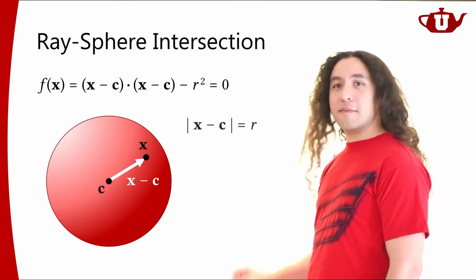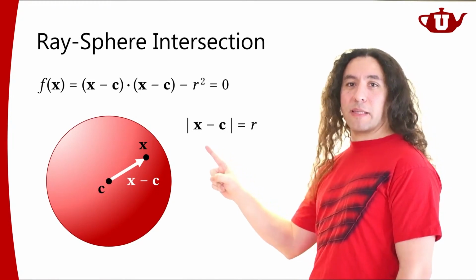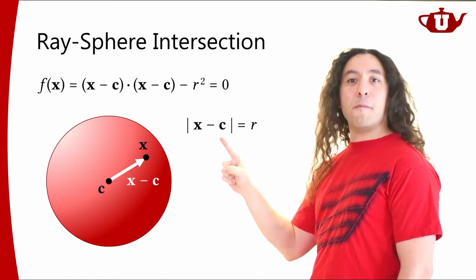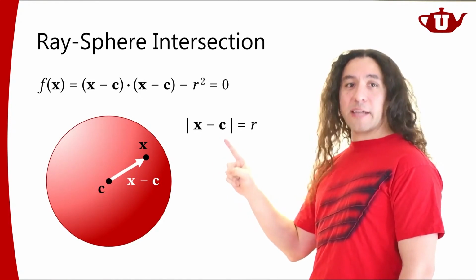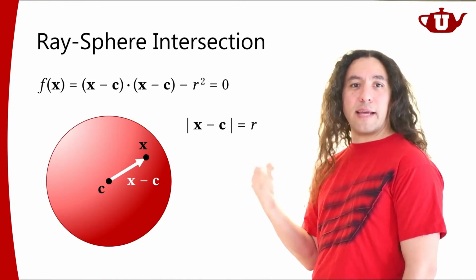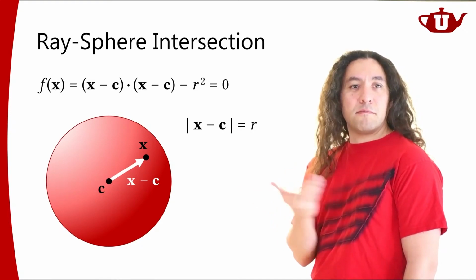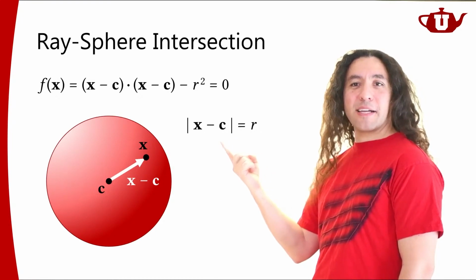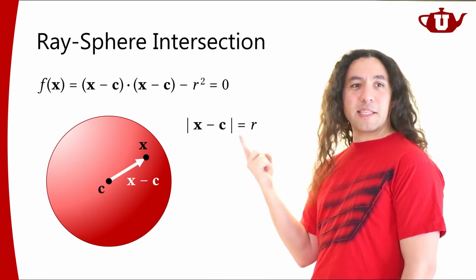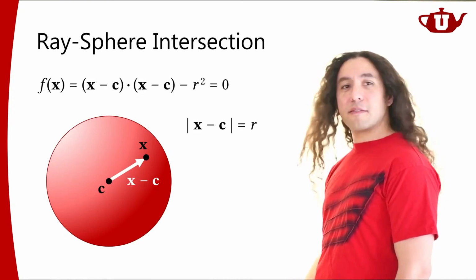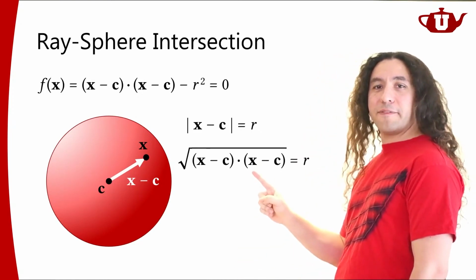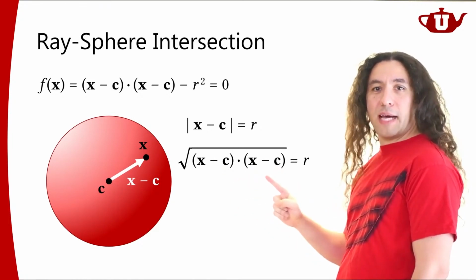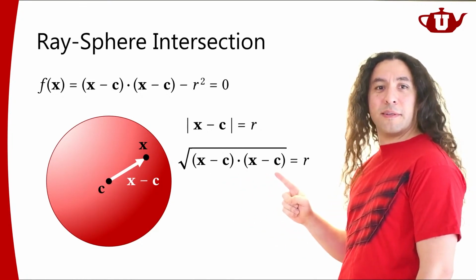So I can write a sphere like this. Whatever this vector is, x is a position on the sphere minus the origin. The length of this vector has to be a constant. That's the radius of the sphere. Simple enough? So what is this? Length of a vector, by definition, is the dot product of that vector with itself, square root. That's the definition of the length of a vector.